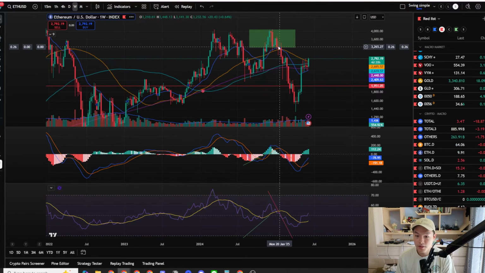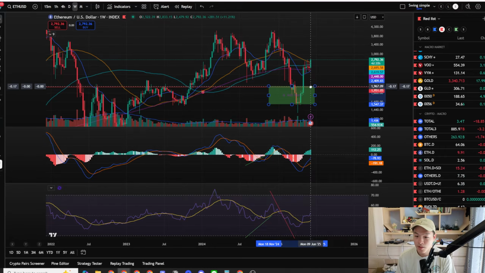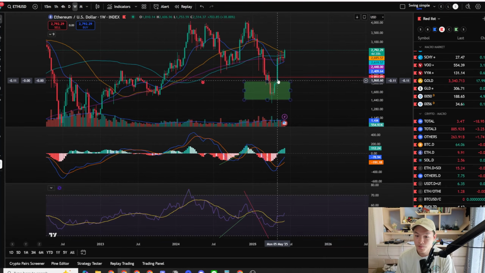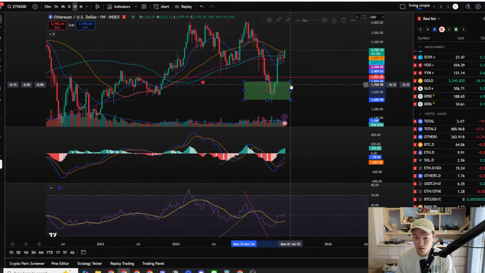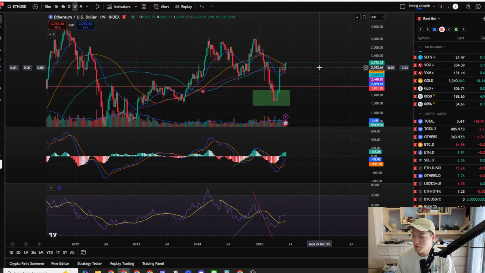And then people basically just keep chasing the range down, rebalancing down, down, down, down, until they reach the bottom here, and then the price rips back up again, then they would lose money, right? So I want to avoid that, and I want to typically have a market bias on where this price is